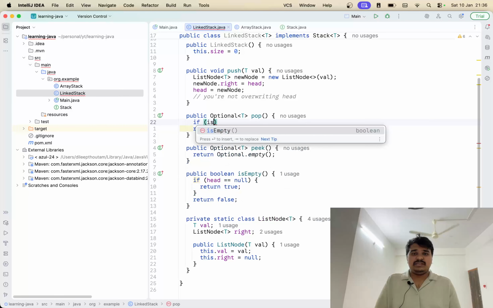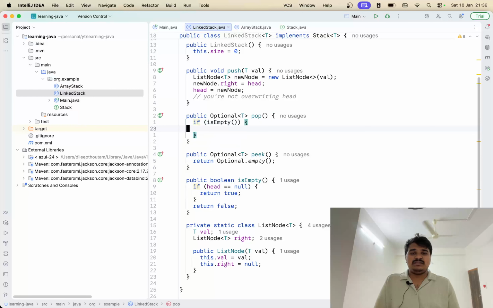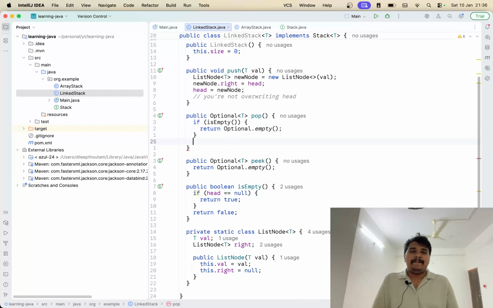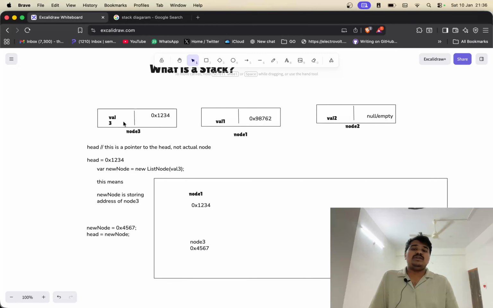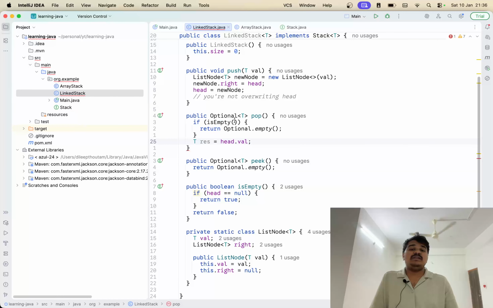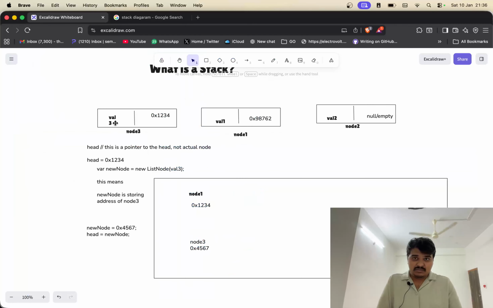If is empty, we are not popping anything, so we are just gonna return empty. Now we need this one, head dot val. So we are storing this val3 because that's what the caller is expecting. Optional of T. T means this value, val3,